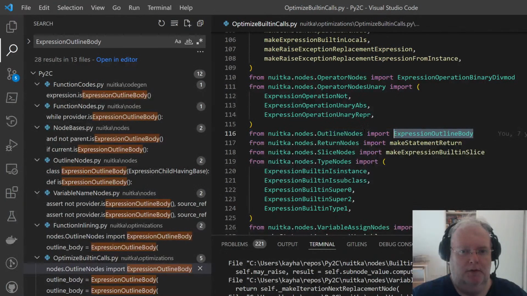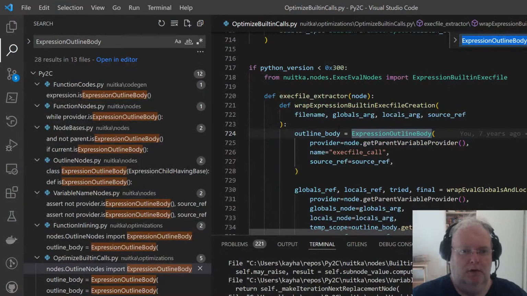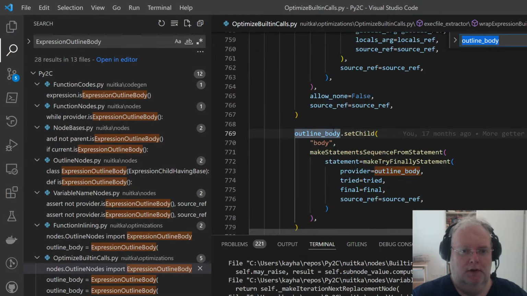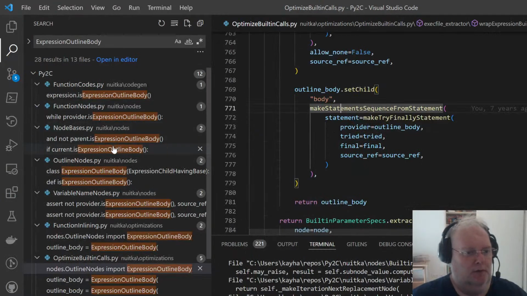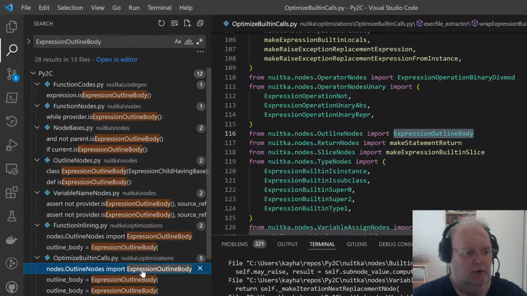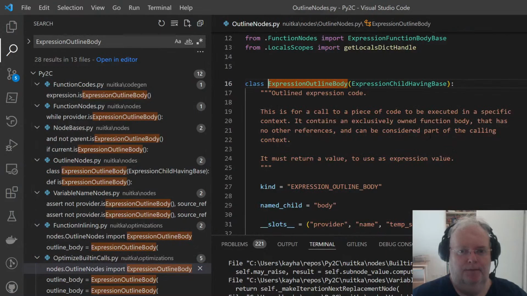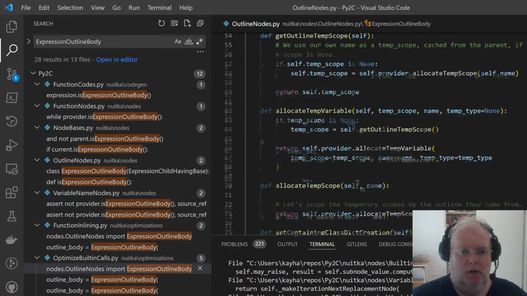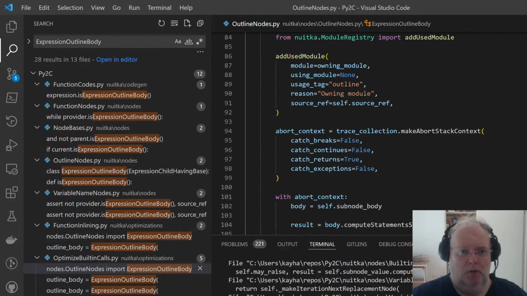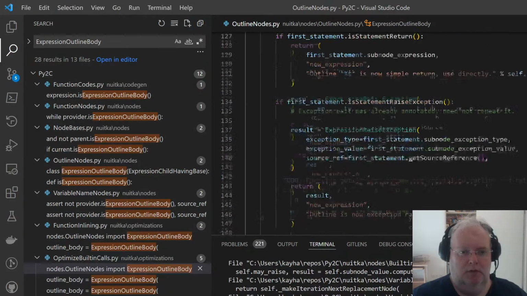what happens? So the outline body gets set body called. Doesn't that have set body? Child body.